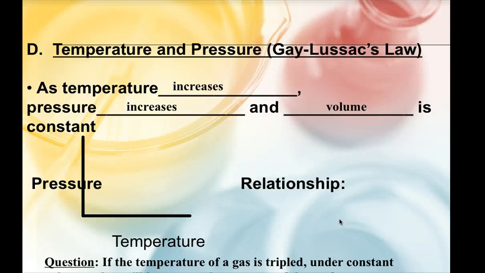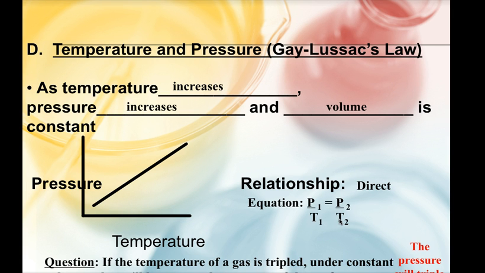It's like if you take a spray can and you heat it, that's very dangerous, because in essence it's what we just talked about. You're heating the gases inside the metal container, but the volume of the container cannot expand. It's a solid, very stiff container. What eventually will happen is that the pressure inside will build so much that it will literally explode. And that's a direct relationship. We're not worried about the equation. Okay, if the temperature of the gas is tripled, the pressure will also triple. Okay, and that's it for this one, and we'll leave the combined gas law for